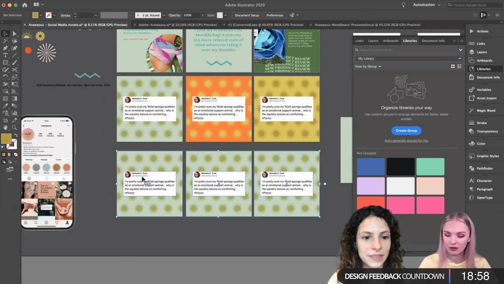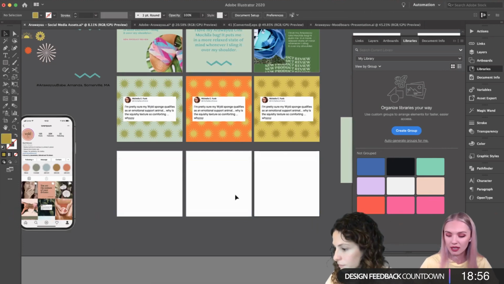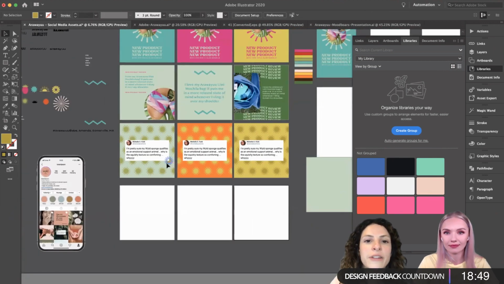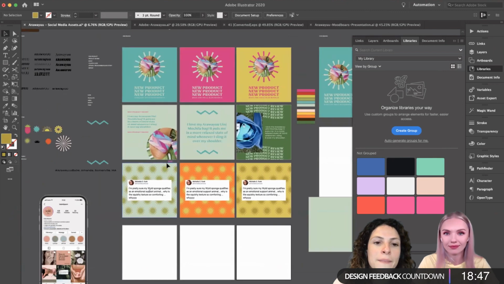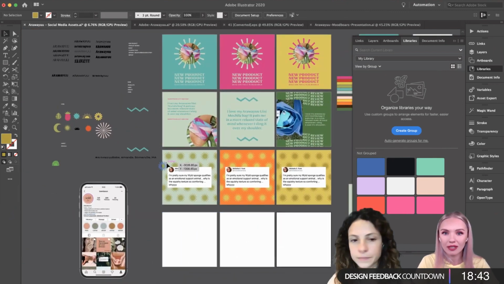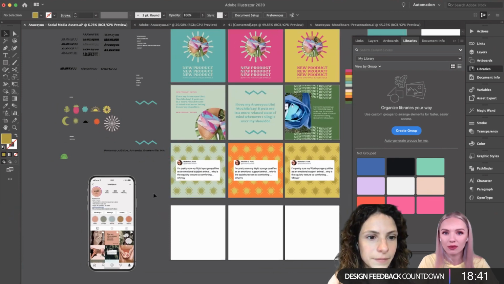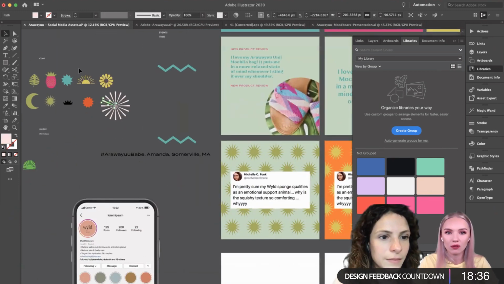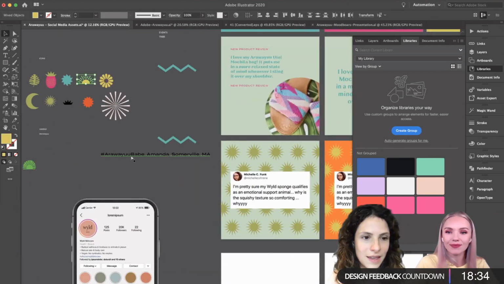Rochi is saying, is this for social media, Lina? Yes, I believe so, right, Lina? Yes, this is for social media. Right now we're working on Instagram templates. And then the client can basically just adjust the text or adjust whatever post goes inside this little window and export it and use it for their social media.